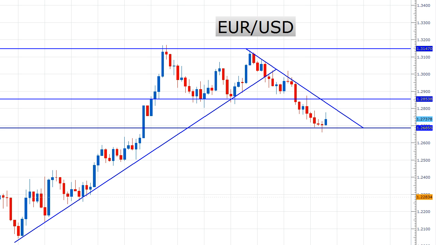Also, the Australian dollar is a big game changer today, so I want to take a look at the AUD in a few different areas. And then I'm going to show you exactly, you're looking at my euro chart right now, and it looks a little different. I took all the lines off my euro chart and resubmitted them, just looking at the chart in a fresh new way. And I want to show you what I came up with there. I think I might have stumbled upon something that's a little interesting on the euro dollar. So I want to show that to you and explain that to you as well.